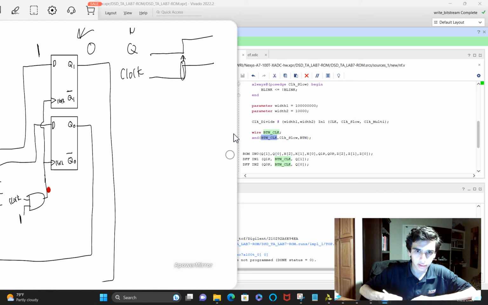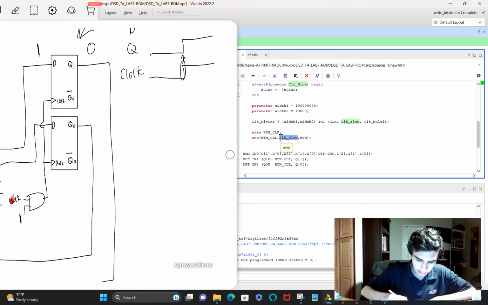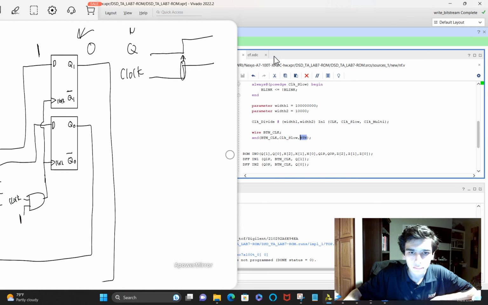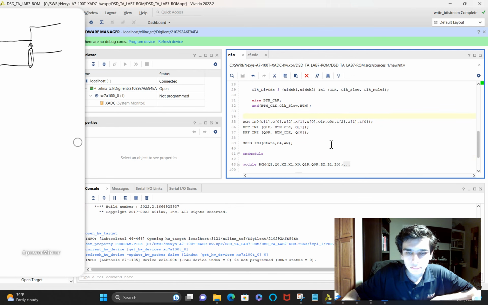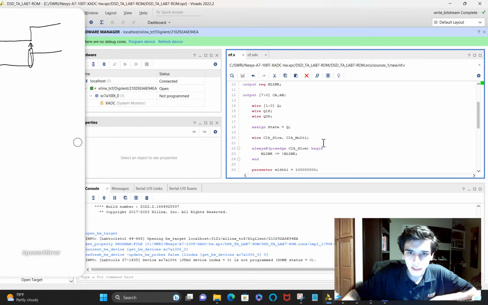This wire goes in there and then goes into there. And then the inputs, obviously, are the slow clock right there, and the physical button we press. So once you do all of that,